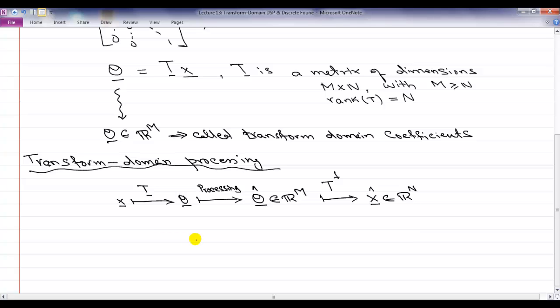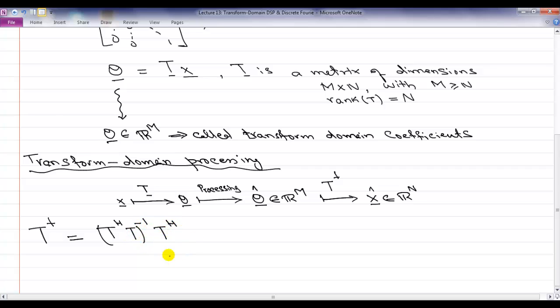Based upon the way we have defined that the rank of our matrix is n, which means that all the columns of my matrix are linearly independent, under that condition, the pseudo-inverse of a matrix is defined as simply (T Hermitian T) inverse,